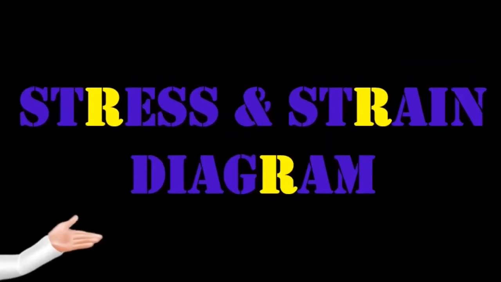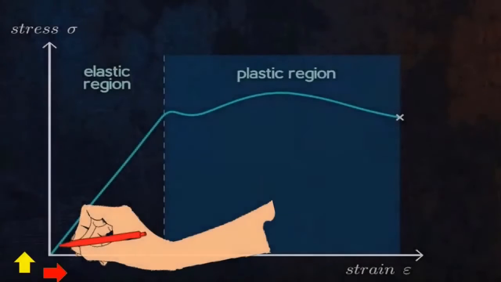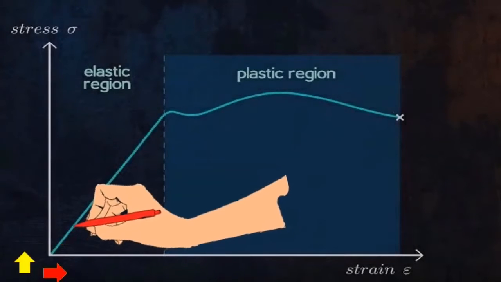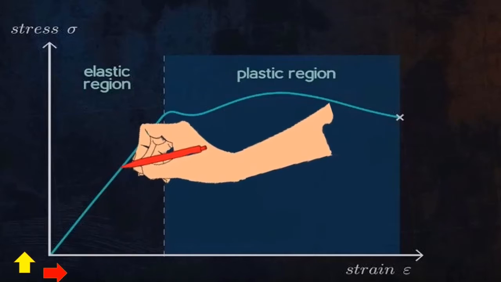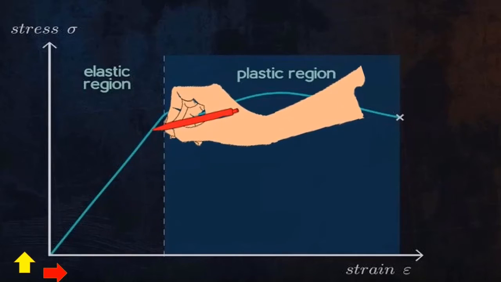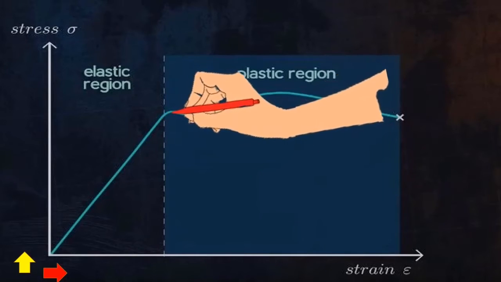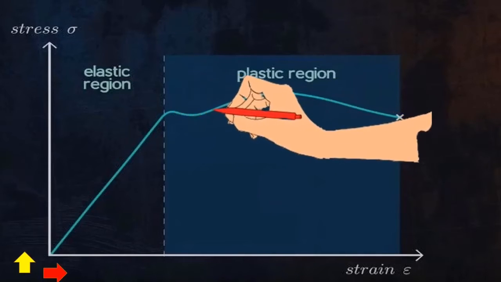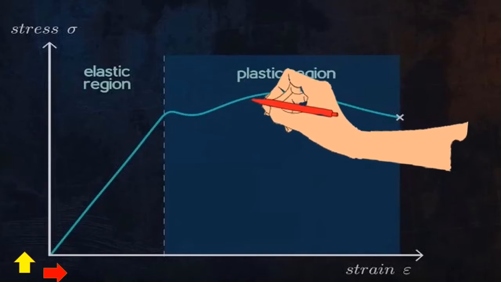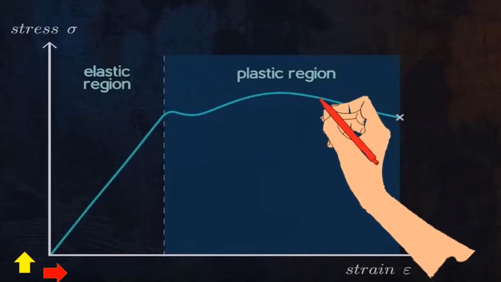Now the main output from the tensile test is the stress strain curve, which describes how much the material we are testing will deform for different levels of applied stress. Watch how the stress strain curve evolves as we perform a tensile test on our specimen, which in this case is made from mild steel. As we see here, the first part of this curve is linear. After that, there is a curve.